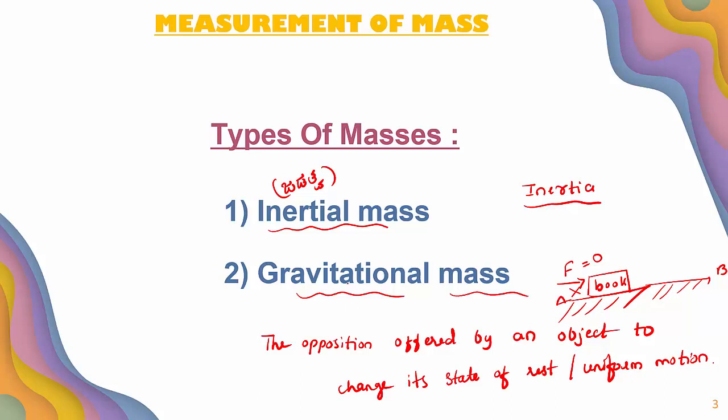What do you mean by gravitational force? The force which attracts two bodies is gravitational force. You already know the acceleration due to gravity, that is g equal to how much? 9.8 meters per second square. This is acceleration due to gravity. We can take it as a small g. So these are the two types of masses. Which are the two types of masses? Inertial mass and gravitational mass. Now we can study in detail about each one of them.